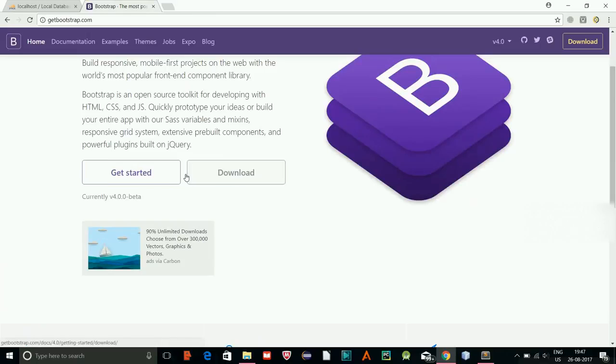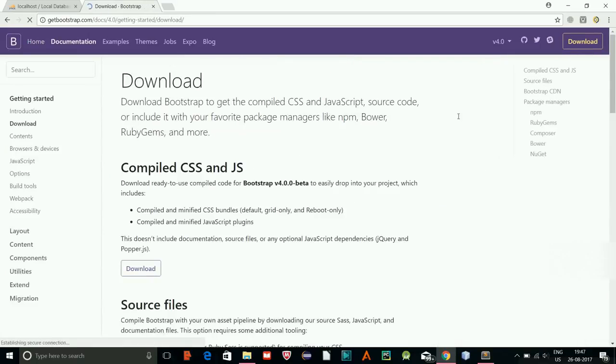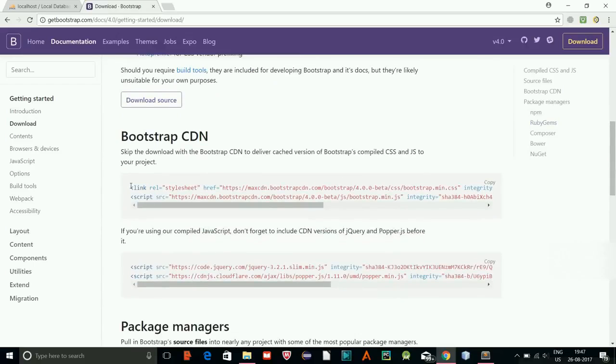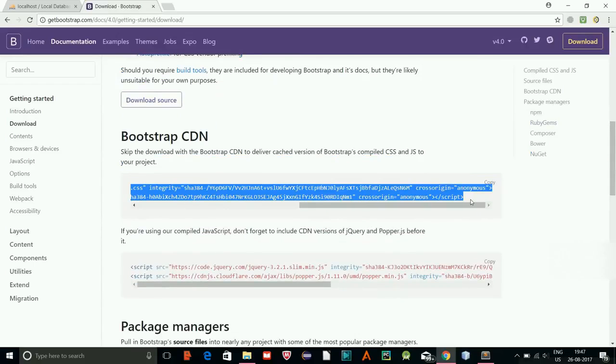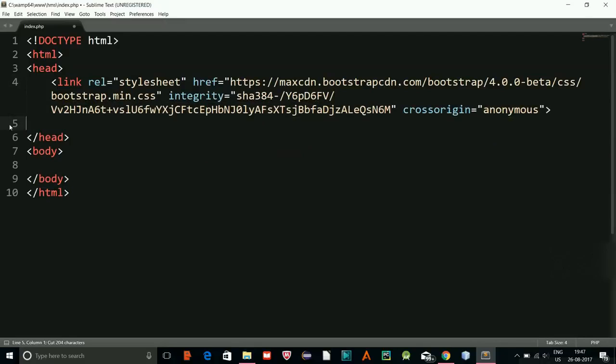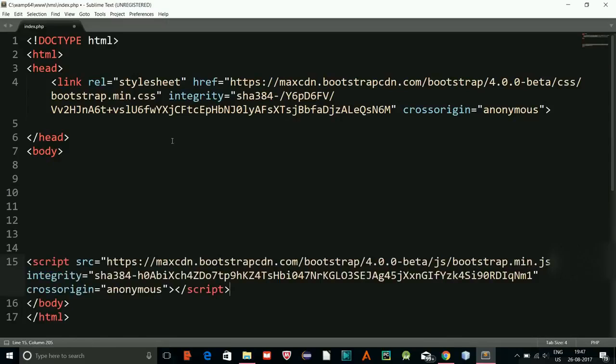So I'll go to download and here will be the CDN version. I can just copy these two and place it here. Now I'll just cut this script and place it at the bottom so it doesn't take